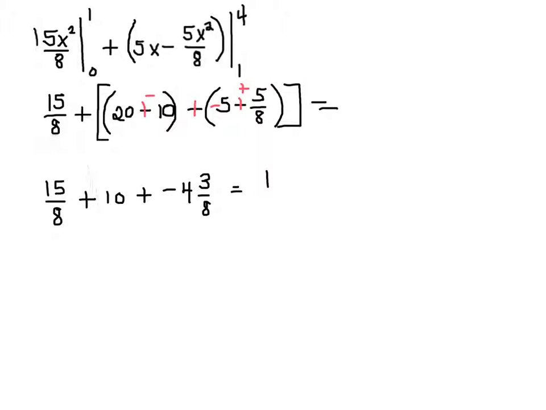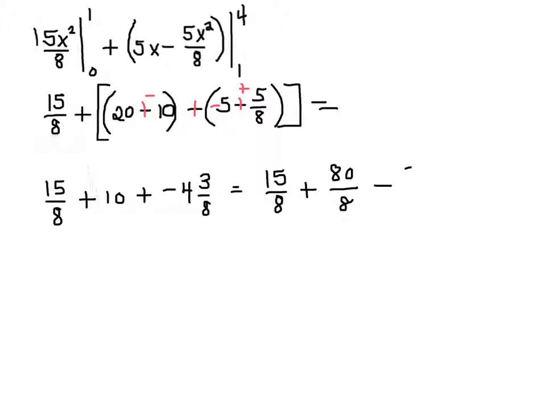So that's going to give us, let's make everything over 8, 15 over 8 plus, we do this over 8, this is going to be 80 over 8, that's our 10, minus, and we have 4 times 8, which is 32,